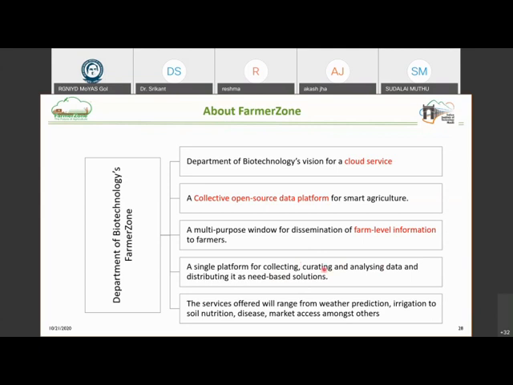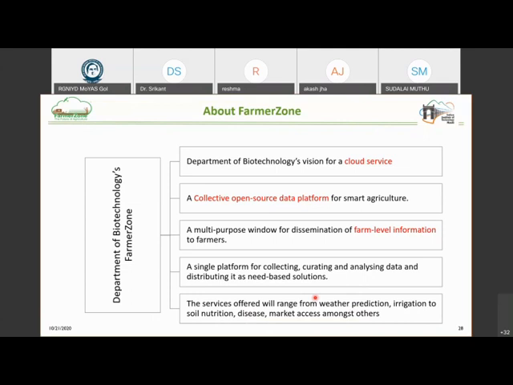And then curation of data means how do you ensure the integrity of the data, that there are no missing data, gaps, how do you fill all of that? And then analysis of data is all the machine learning and the fun part. Then finally, the services will be that for the farmers, we can give them weather prediction so they know when to plant their crops, when to harvest the crops, giving them advice on irrigation and soil nutrition, and then advanced detection of diseases like what I showed you with the potato disease detection app, and then market information, because this